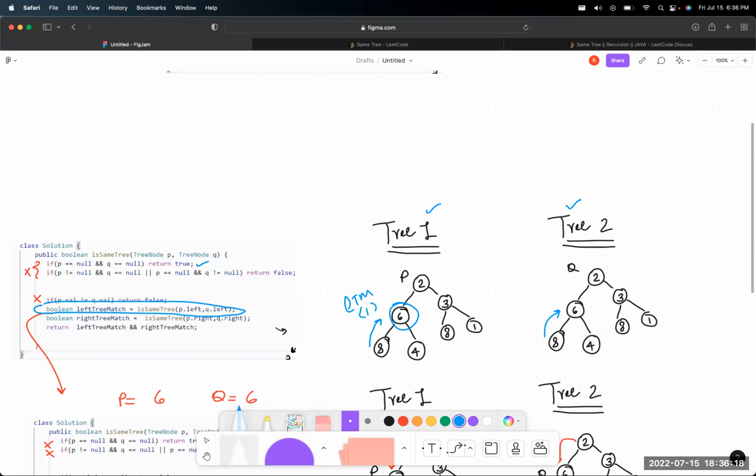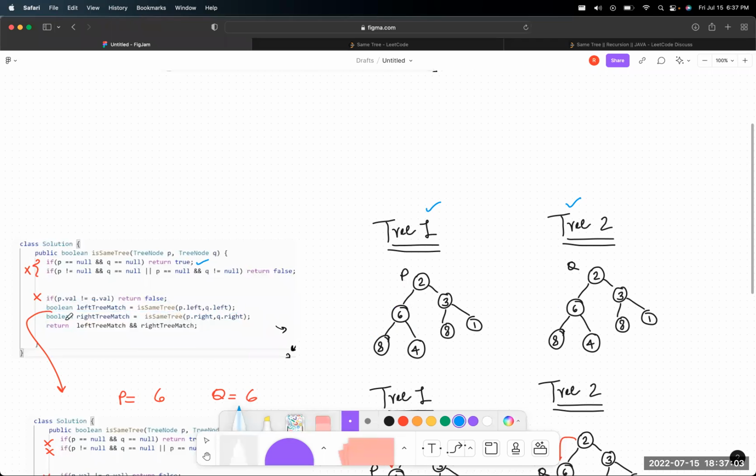But so for each node, we look at the left at one given time, and then it gets returned back up, and then we also look at the right recursively, and a verdict is then passed that, okay, on tree 2 your left is the same, and on tree 1 your left is the same. Then you do the same thing for the right on both trees, and then you bubble up a verdict. And so we'll see how that works